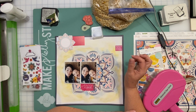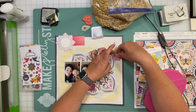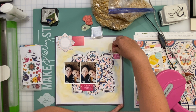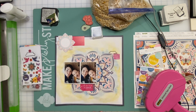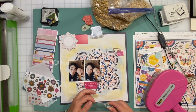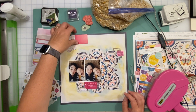So I pull out these pink pieces, which originally I was kind of focusing on the orange and the blue, but then I decided to pull in some pink and some of the navy, and I think it looks really, really good. I really like the way that it came out. And I have these 3 embellishment areas just scattered around the entire page, and you can see there I flipped the entire thing over. I really like how it looks much better with the photos on the left hand side